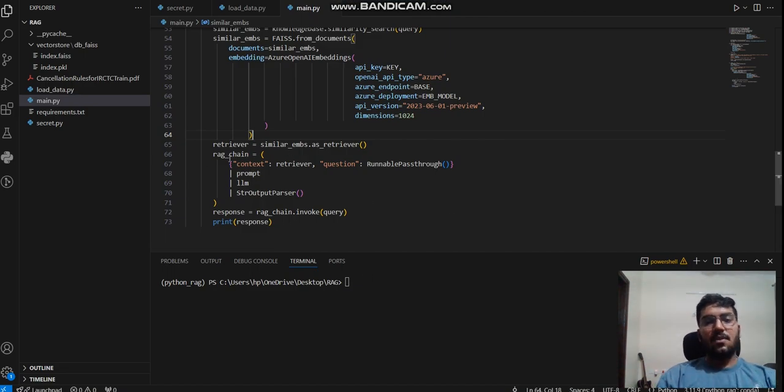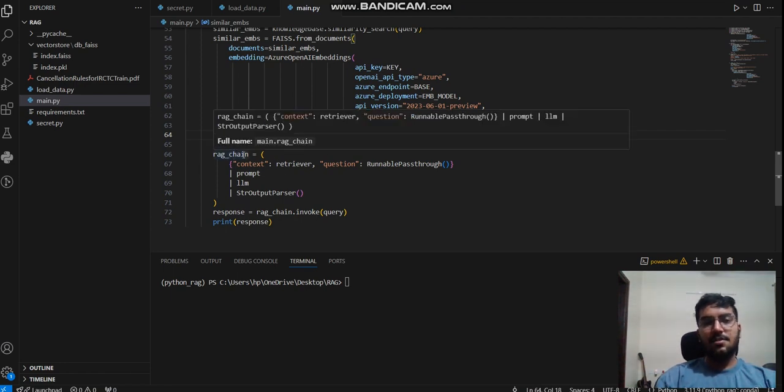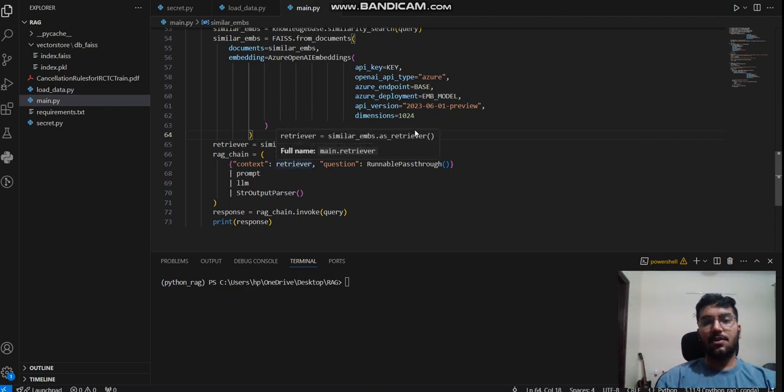So here I'm setting up a runnable interface. Basically, I'm setting up a chain. In the context, I'm providing the retriever. The retriever we just created from our vector store, I'm passing that vector store retriever